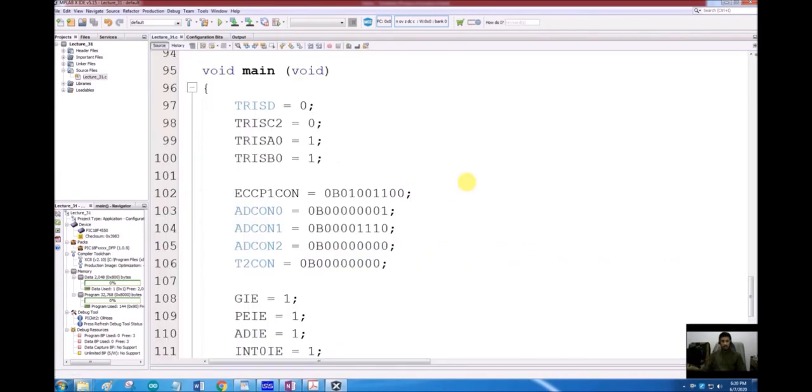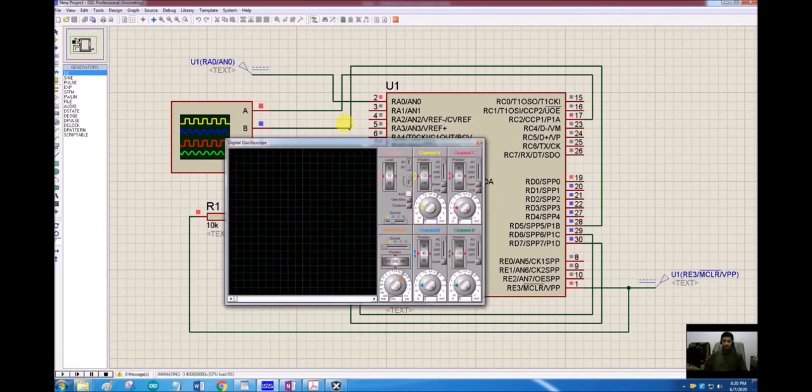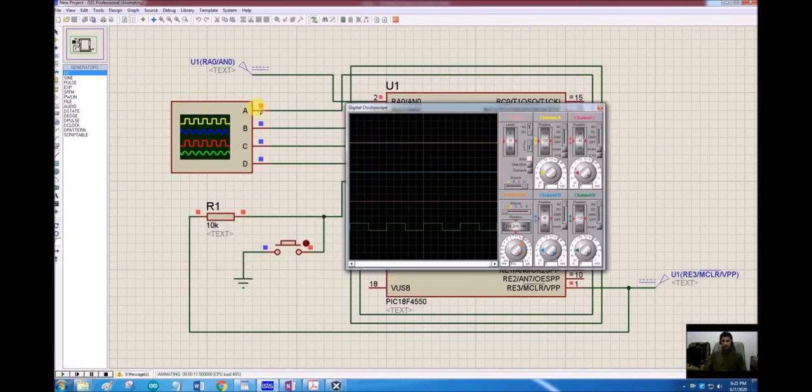Let's simulate this code. So what are we expecting right now? Two pins deactivated as 0, one pin as high, and one pin with PWM, and the duty cycle of that PWM will be dependent upon this input value. So right now this is a 50% input, so I am expecting a 50% duty cycle on that single pin. So let's simulate it. Now here we can see that one pin is high, two pins are low, and there is a 50% duty cycle waveform on the other pin.